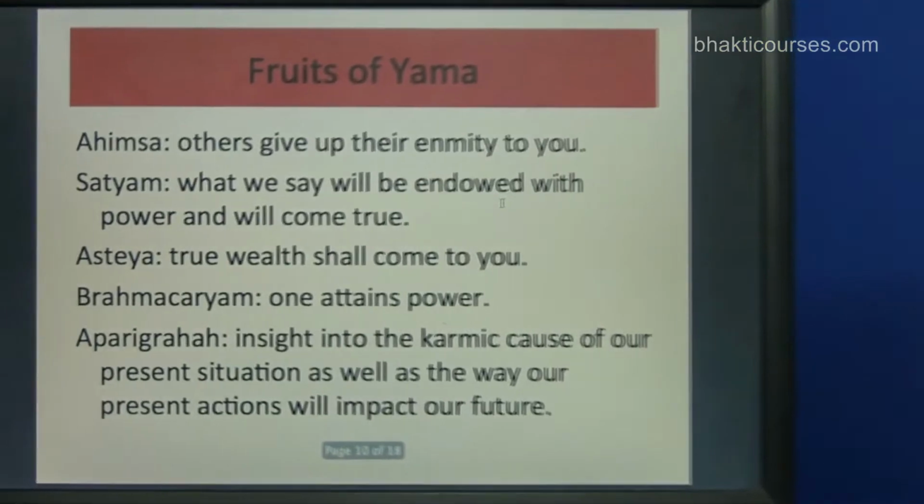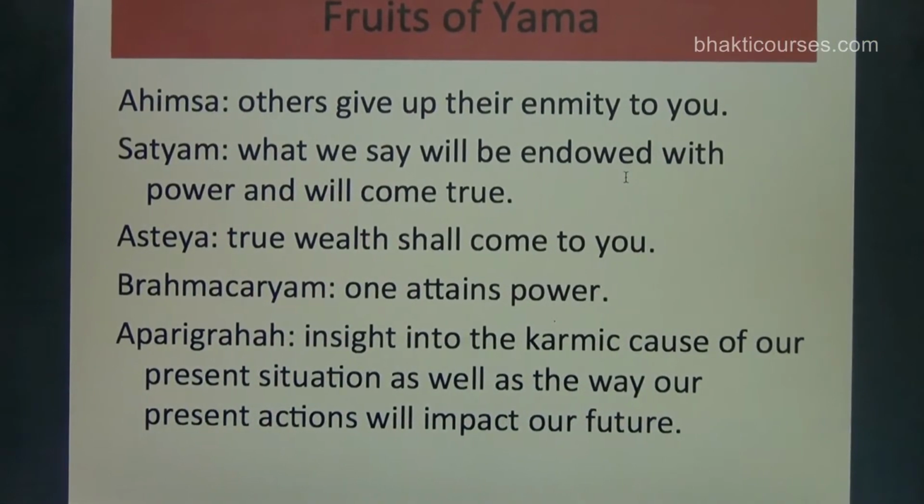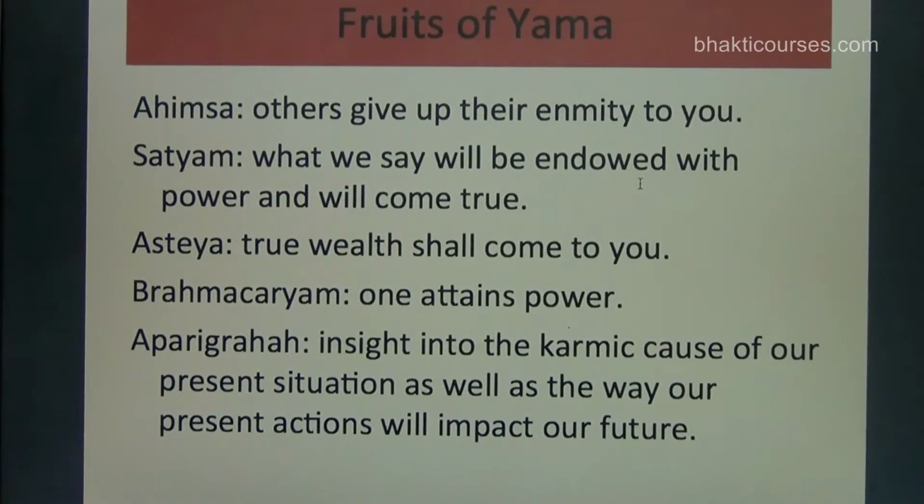So ahimsa, satyam, asteya, brahmacharyam, aparigraha. These are the 5 elements of yama. Now these elements were referred to by Krishna in this section. He talked about aparigraha in 6.10. Then he talked about brahmacharya in 6.14. And like that he's been talking about these. So in general he's talking about specific elements.